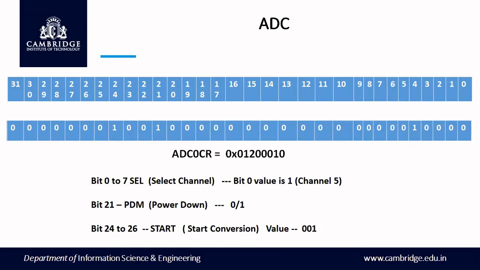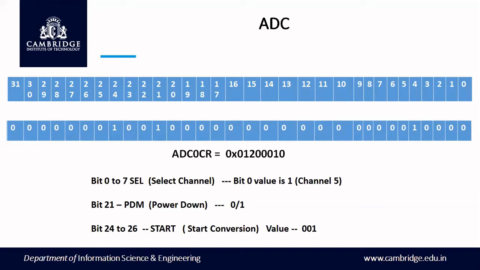So you need to place 0, 0, 1 in bits 26, 25 and 24, and in the 21st bit the value should be 1. And here you should see the channel. Here we are using the 5th channel. There are 6 channels available in this internal ADC to take analog input, and in that we are using one channel, the 5th channel. The 5th channel is nothing but, when you start from the LSB, bit 0, 1, 2, 3, 4, in that 4th bit position you have to put the value as 1.